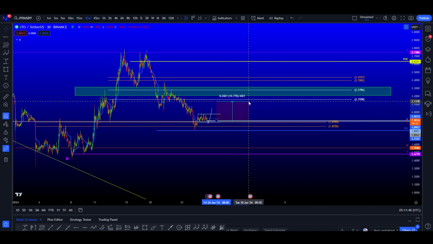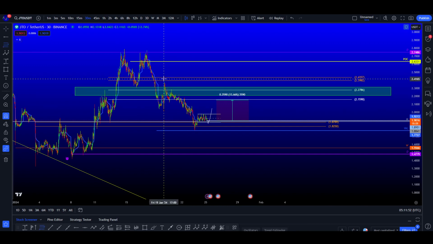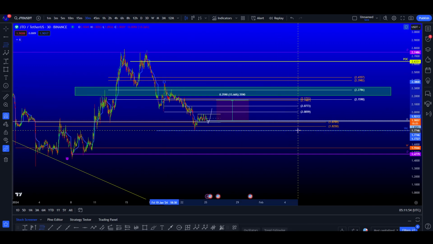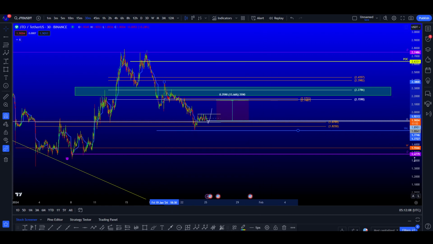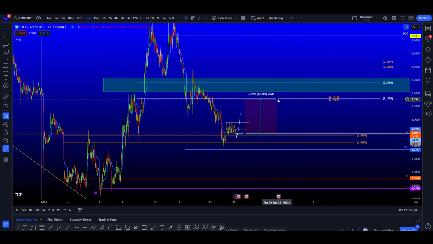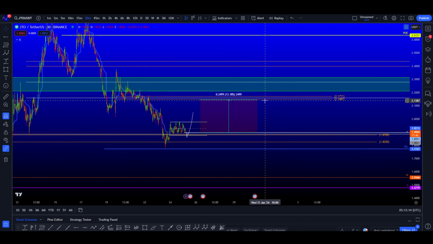15% away, maybe take profit at the 382. You can do that. If you want to pull your fibs from this high, you can do so as well. And look at that, your golden pocket lines up with the 382. It's pretty bullish. And look at this, the 382 down here lines up with this pivot low. But in this case, it's a little bit too close. You'd kind of want this trade to ride just a little bit. So now seeing that, I would really target this area here,